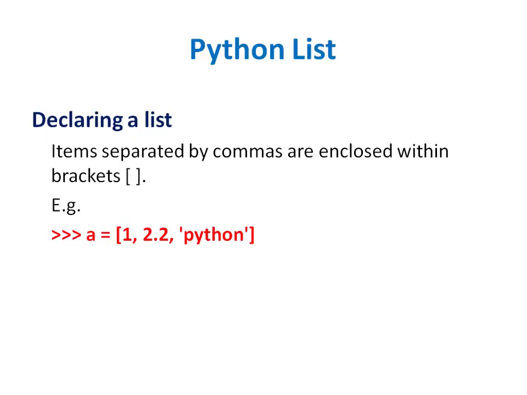Now, first of all, you must know how we can declare a list. A list is a comma separated list of items which are written within brackets. You can see the example a = [1, 2.2, 'Python']. Here 1 is an integer, 2.2 is a float and 'Python' is a string. You can enclose a string within single quotes or double quotes. So it is a collection of different data types, although you can have the same data types also. So to declare a list, you can use any data type separated by commas and enclosed within brackets.